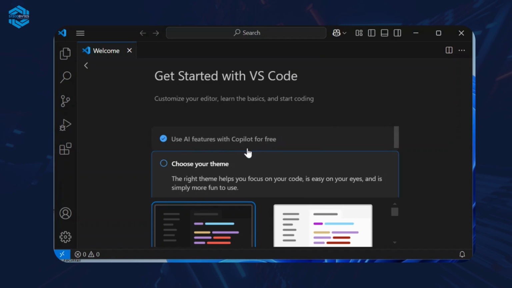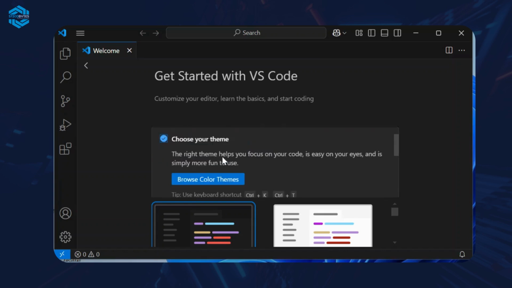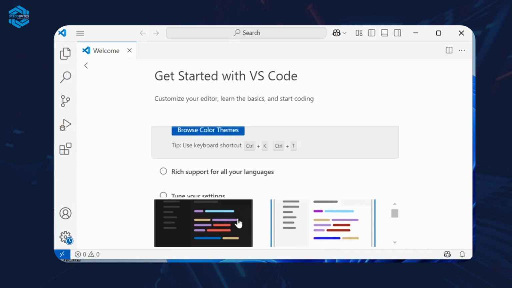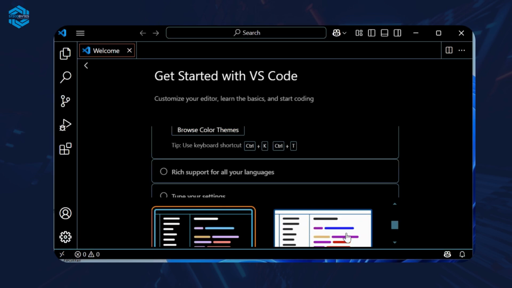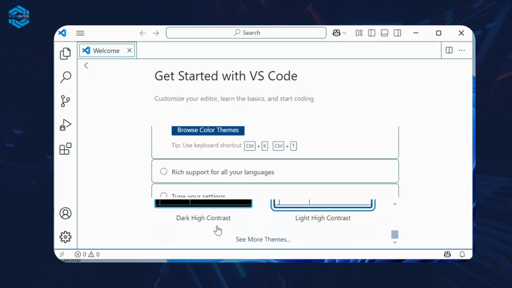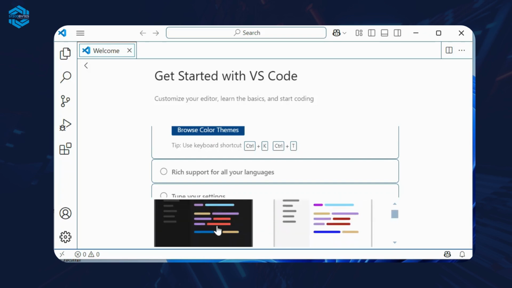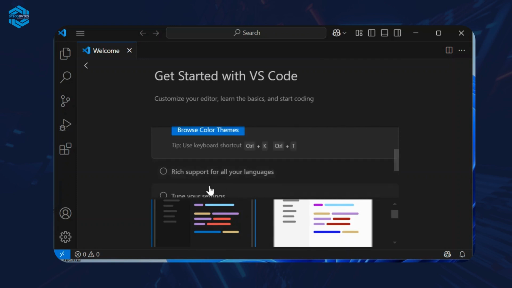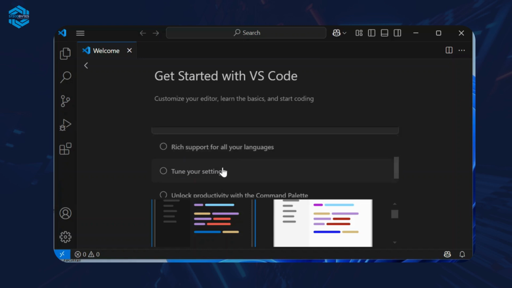As a beginner, you might not understand what this is, but in the future, you'll get to understand how you can use this feature. But for now, you just go on and choose a theme. A theme is how your layout is going to look. It can be this, it can be this, whatever you prefer. But for me, I prefer dark. So I choose this,